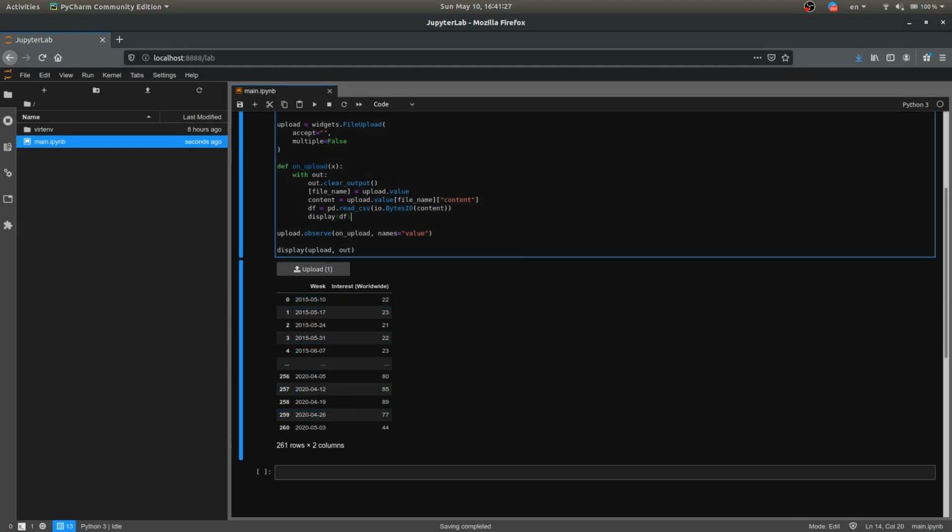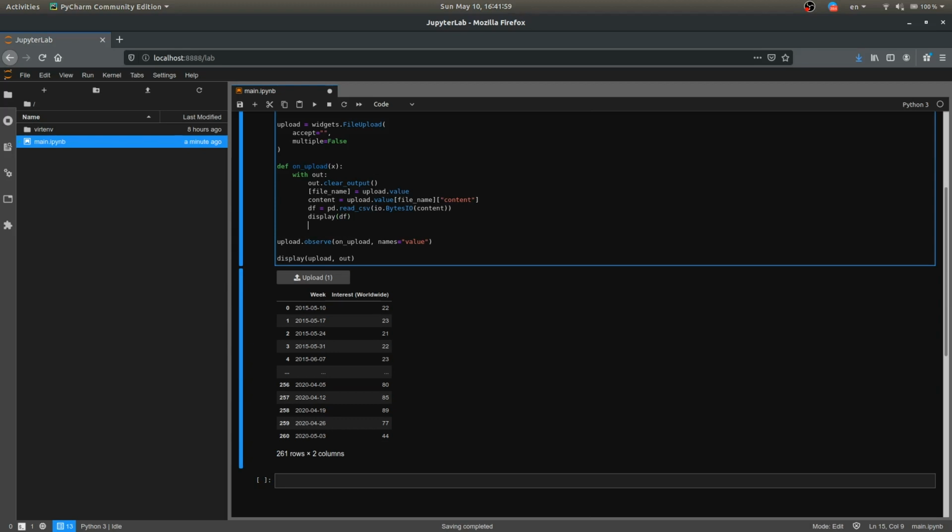Now, for our purposes, we're not going to dive too deep into the different analysis tools, but we just want to, let's say we just want to print this out into a nice line graph so we could see the change over time of the interest in searching the keyword investing on Google. So to do this, we're going to use the Plotly package to